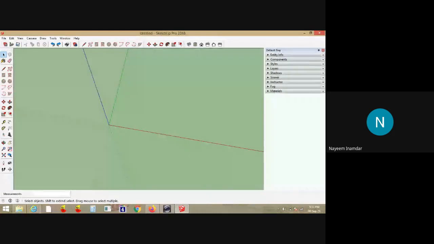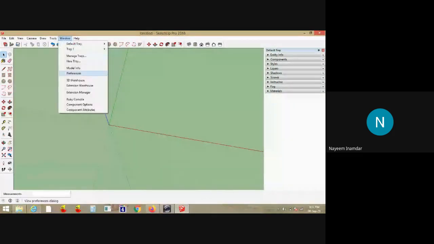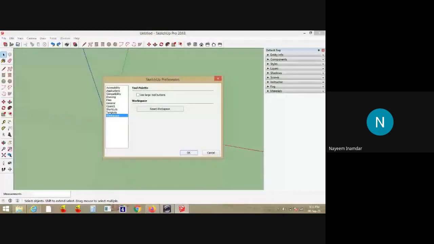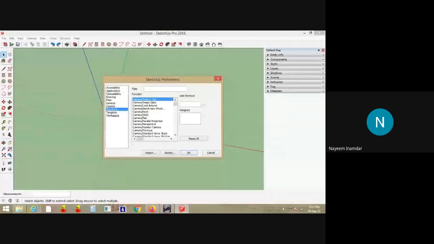Yeah, something went wrong. I'll just do it with one more option here. Preferences. Go to the preferences. Template.